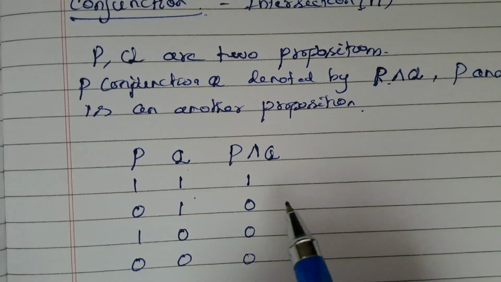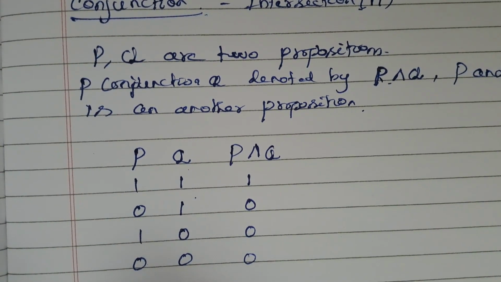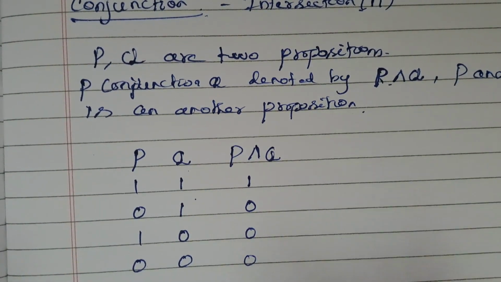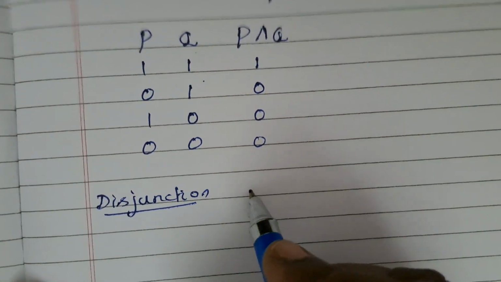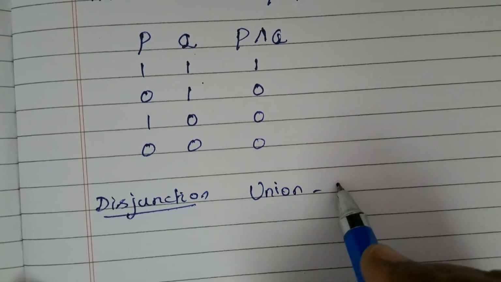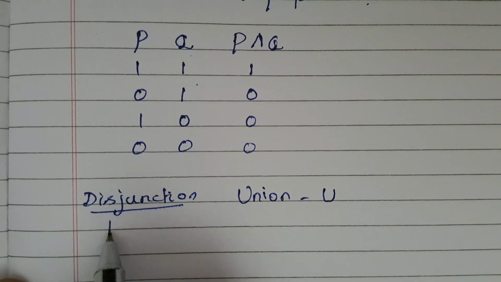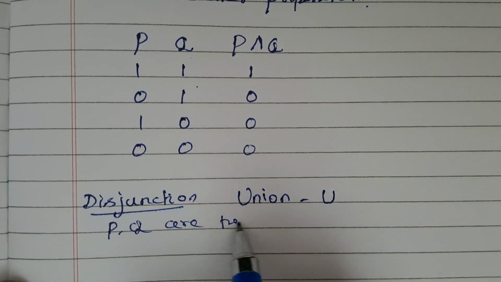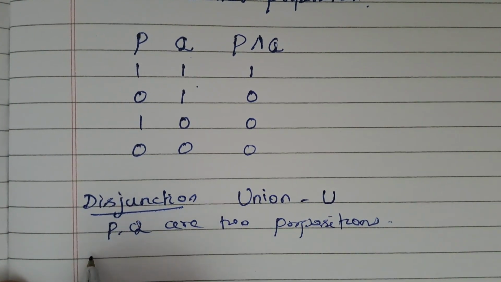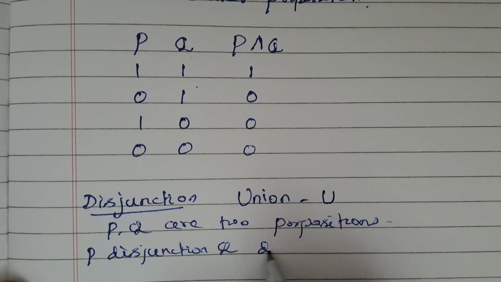Suppose I take another operation, disjunction. I'll take the same truth table here itself. Disjunction we can compare to union in set theory. In set theory, union is denoted by the U symbol, and here also P and Q are two propositions, and P disjunction with Q is denoted by